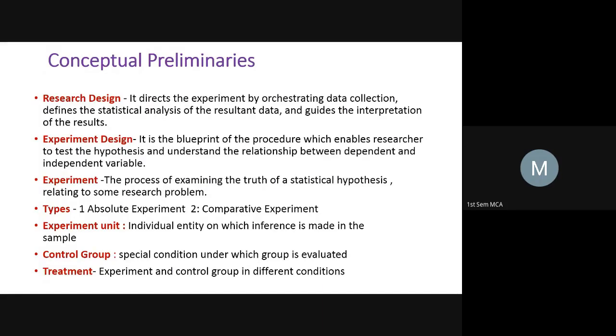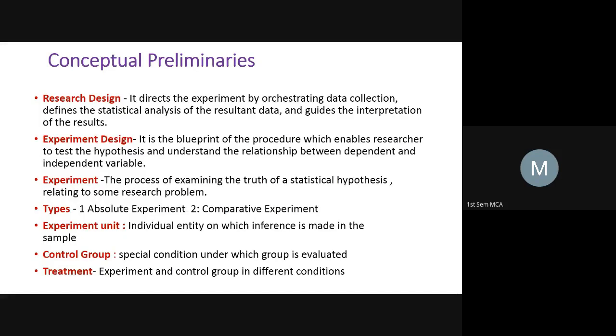So why do you call x an independent variable and y a dependent variable? The value of y depends upon the value of x. That means the value of y is depending on the value of x. x does not depend on anything. Suppose I give x is equal to 1, if the mathematical formula is y is equal to 2x,